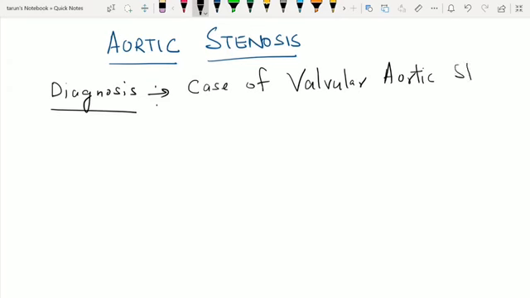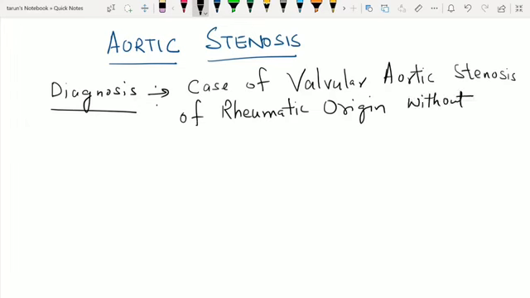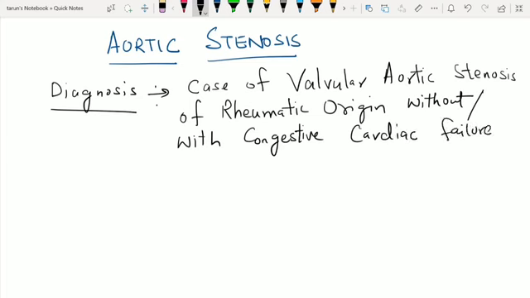Stenosis. So sir, this is a case of valvular aortic stenosis of rheumatic origin, with or without congestive cardiac failure, and whether the patient is in sinus rhythm or the patient is not in sinus rhythm. So we will say our diagnosis of aortic stenosis like that sir, this is a case of valvular aortic stenosis of rheumatic origin with or without congestive cardiac failure, and the patient in sinus rhythm or the patient is not